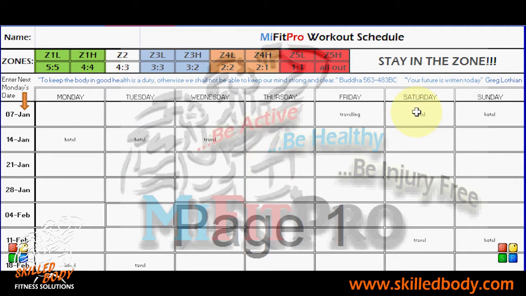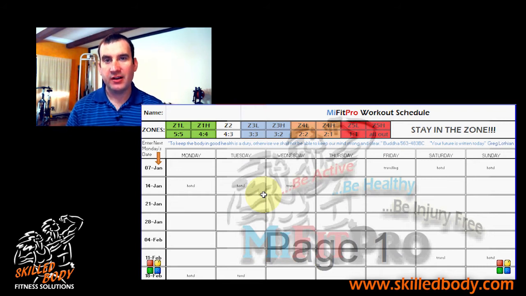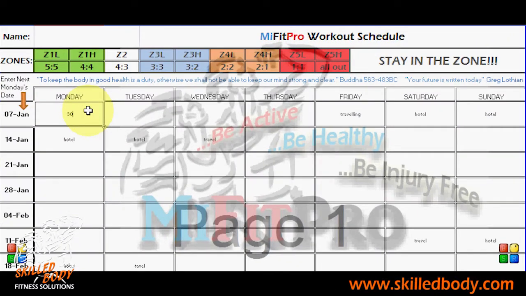equipment and for myself. Then the next thing we want to do, and what's really important if you're training half an hour a day, is you're going to train up to, and what I really try and encourage you to do is up to 6 days a week. This is really what we want you to do. And the half an hour is not very much each day, and you can get all your training done in a half an hour. So if we go back to the schedule here, I'm going to put 30 minutes this